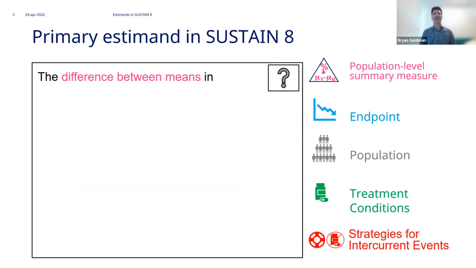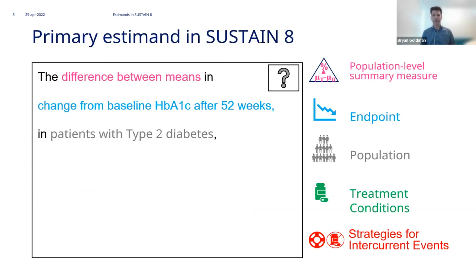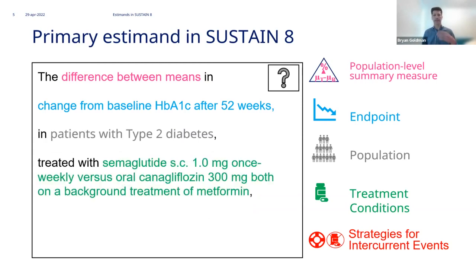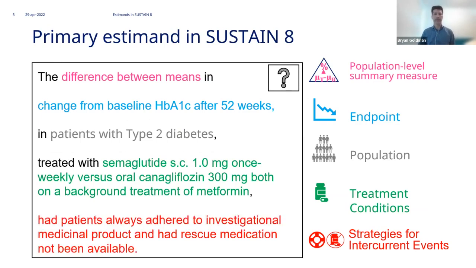So thinking about this Estimand in terms of the 5 attributes defined by the ICH guidelines, we had a population level summary measure as the difference between means, and then in the change in this blood glucose measure after a year in these patients. That defines our population, and then the treatment conditions that we've already discussed, semaglutide against canagliflozin. And then the last part is maybe the one that we spend the most time discussing, the strategies for intercurrent